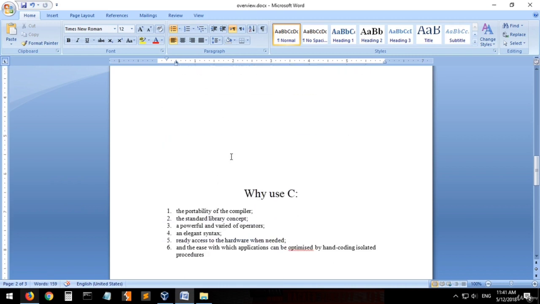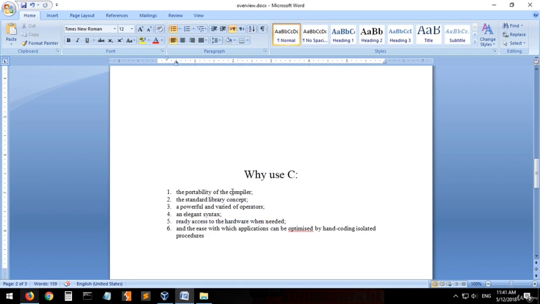So why use C? The portability of the compiler. We will use in this course a compiler called GNU GCC, which was implemented in C, to write programs and compile them. All of this will be discussed in this course, don't worry.